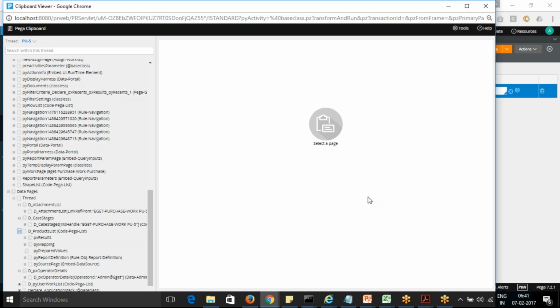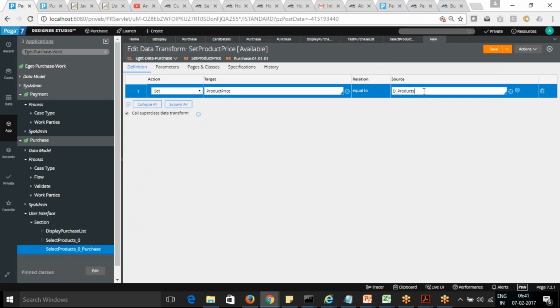So here what we're going to do is, we have another data page also. So we are writing the D product, and then the parameter of that we need to write. This is one of the syntaxes for how you refer to the data page.